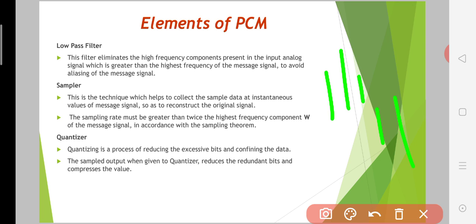In those samples also, sometimes the same data will be there. The same data will be there in between these two samples also. That's why a technique is introduced called quantization. This quantization technique eliminates the redundant